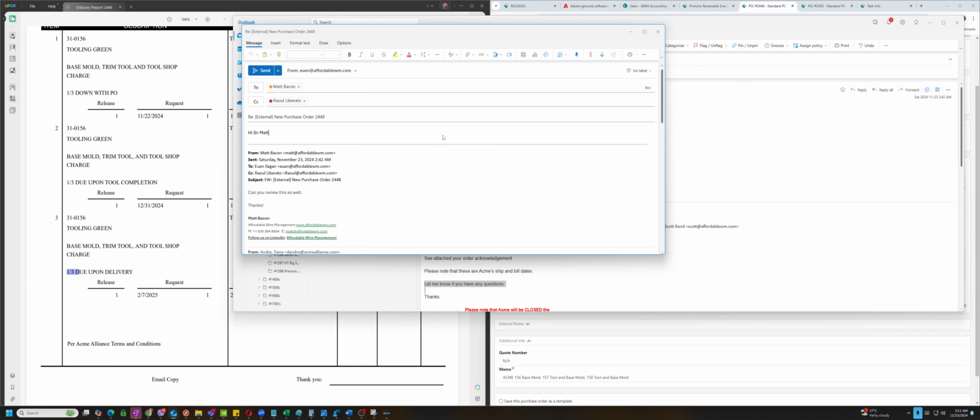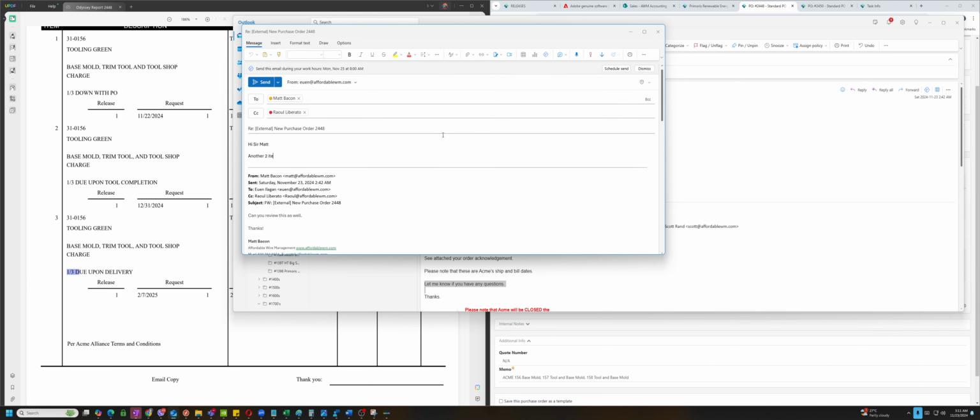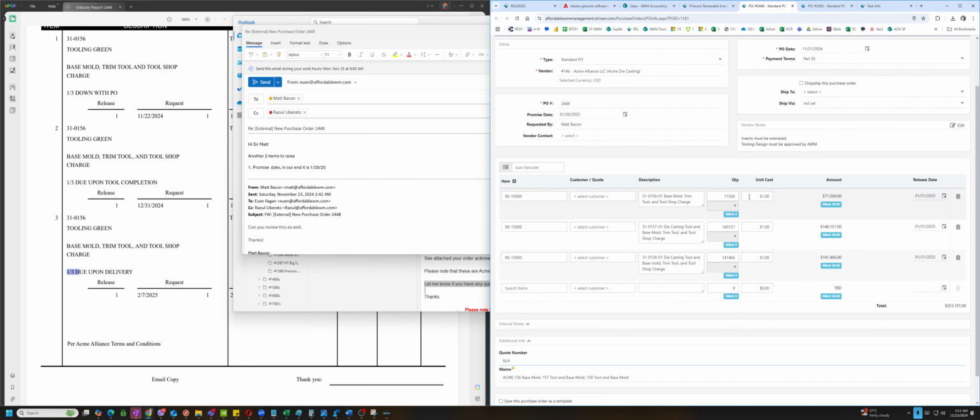Another two items to base. One is the promise date on our end. It is 1/20/25. 1/31.